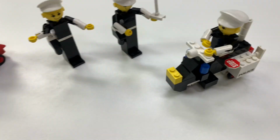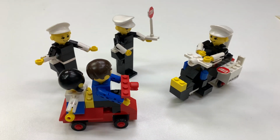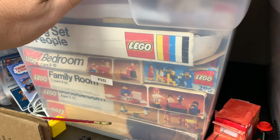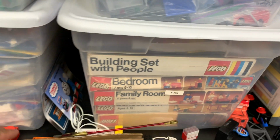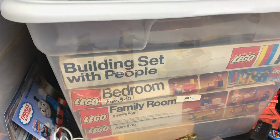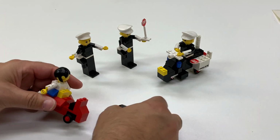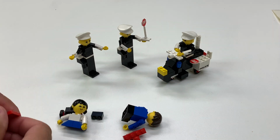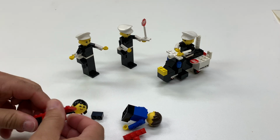And the stop sign keeps falling off. And kind of a sad scooter, too. Let me see if I can find room for them in this box. This is some of my building sets with people things in there. Try to squeeze it in there. That's box R5. So I'm going to disassemble these so I can put these into the storage container until sometime